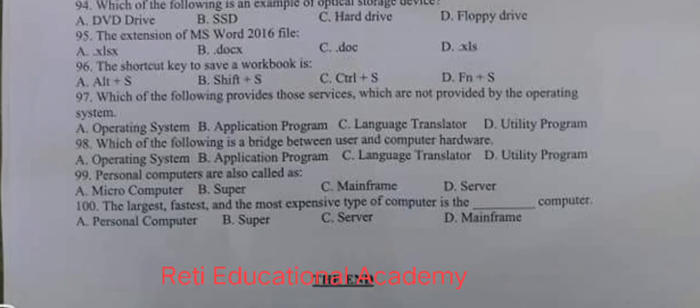Microcomputer. Question number 100. The largest, fastest and the most expensive type of computer is the dash computer. A. Personal computer, B. Supercomputer, C. Server computer, D. Mainframe computer. And the correct answer